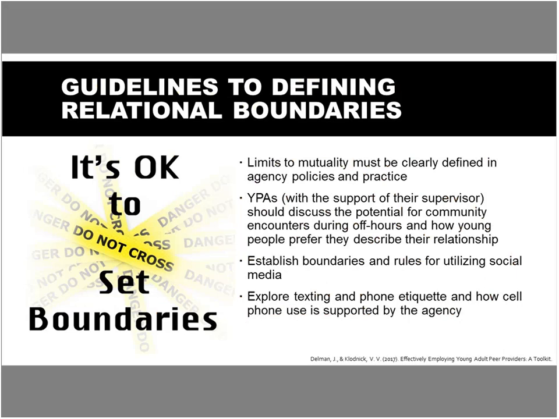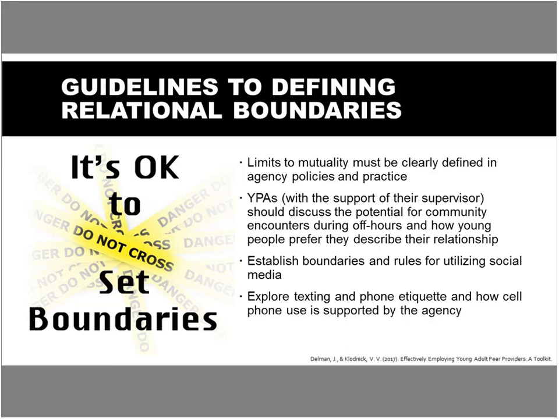By acknowledging this fear, you are able to create opportunities for all staff to process their perspectives and support them in navigating the boundaries within each of their roles. Draft policies within your agency about the key aspects of healthy relationships for all staff to adhere to. For youth peer advocates, ensure that these policies are introduced during their orientation and that the youth peer advocate and their supervisor process them together.